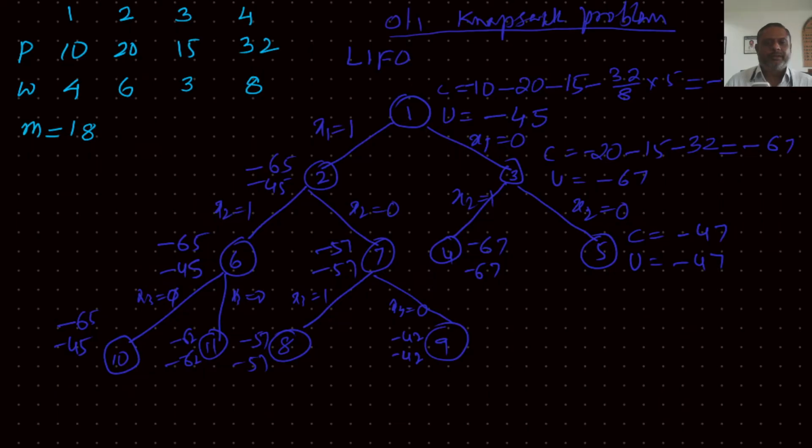Now at this point, I would like to make some interesting point. So if you just continue looking at this level, then we have minus 45, minus 45, minus 67, then minus 45, minus 57, minus 67, minus 47. Okay. Then we have minus 45, minus 62, minus 57, minus 42, and so on. So when we reached minus 67,